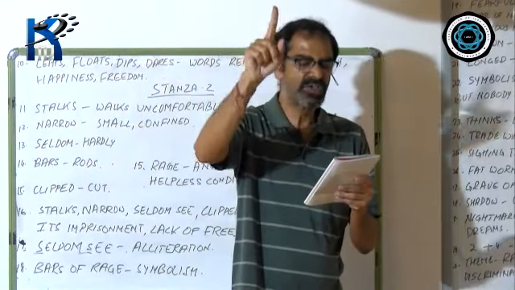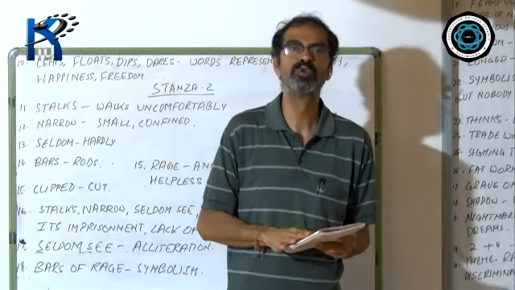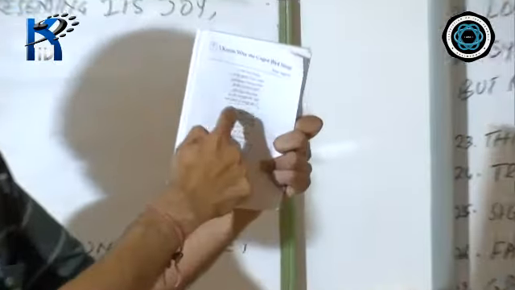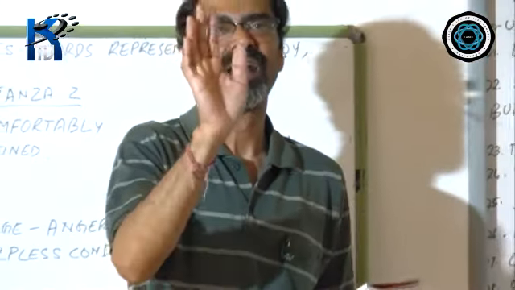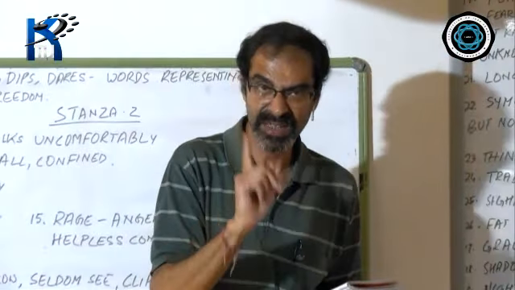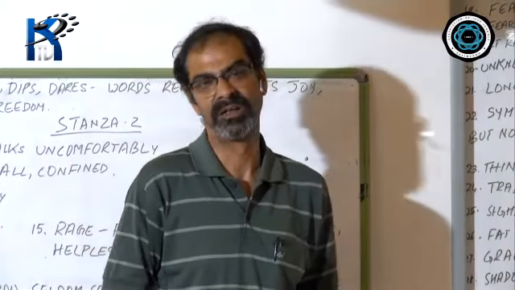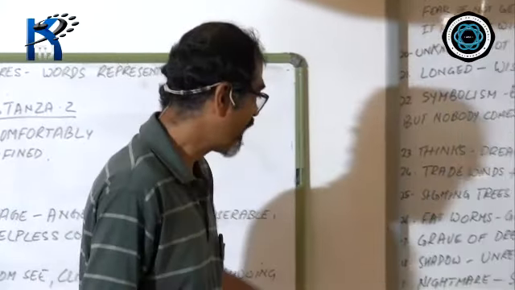See, his wings are clipped and his feet are tied, so he opens his throat to sing. That is a repetition of the last few lines of the second stanza. And the last stanza, that is the sixth stanza of the poem, is an entire repetition of the third stanza. That is what I have written.